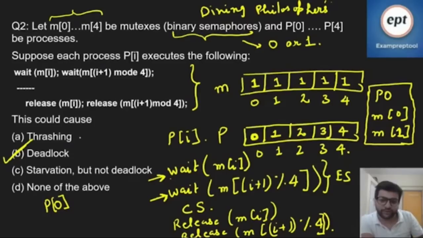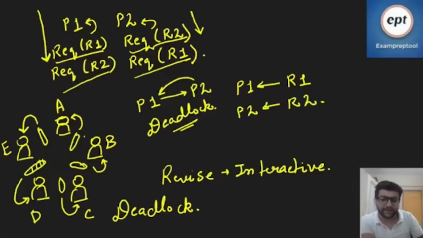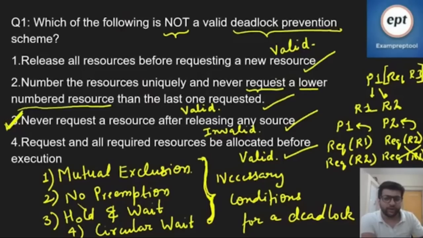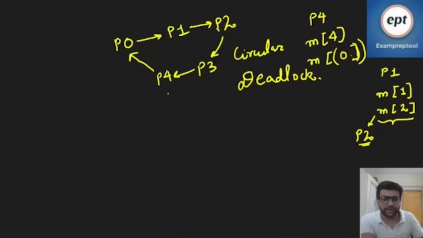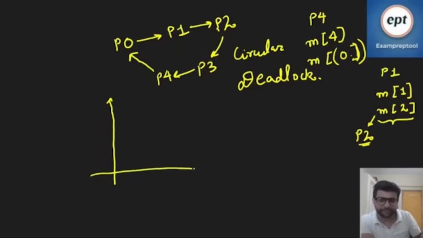The first option says thrashing, but this is not thrashing. The code is nothing related to thrashing. Why? If we try to see what thrashing is, thrashing is a concept where